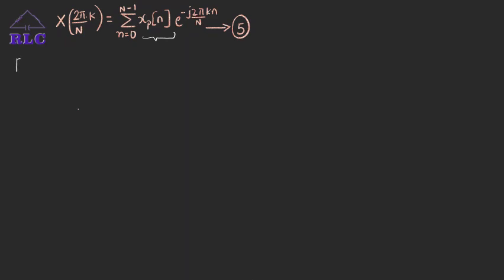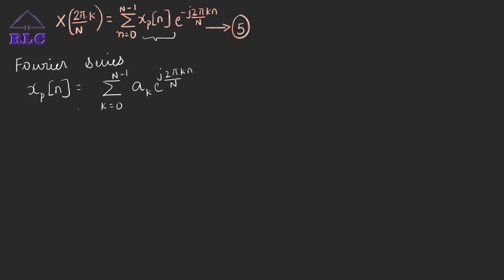Using Fourier series, any periodic sequence can be represented as xp of n is equal to summation k tending from 0 to N minus 1 ak into e power j 2 pi k n by N. Let this be equation number 6, where ak is the Fourier coefficient of periodic sequence xp of n,